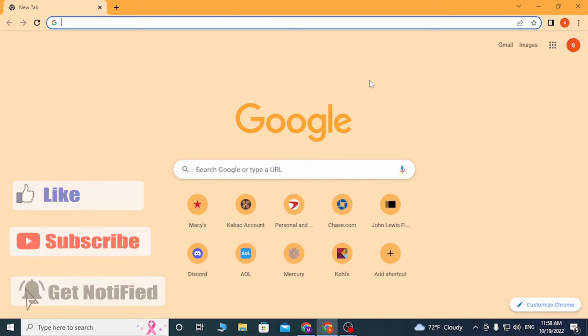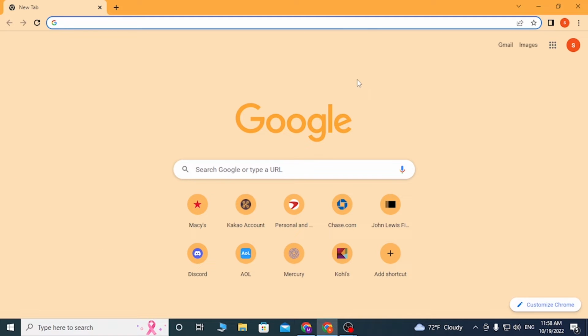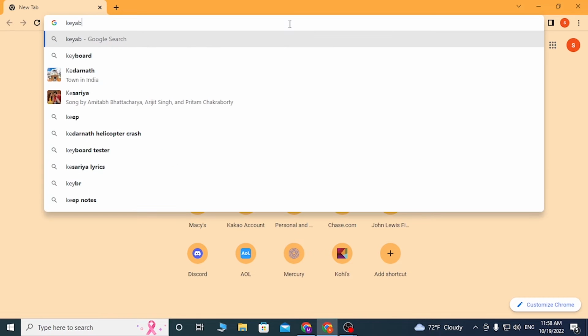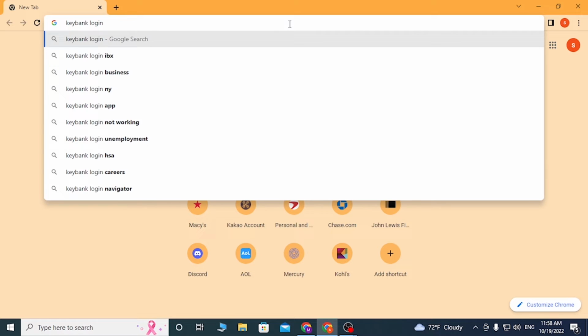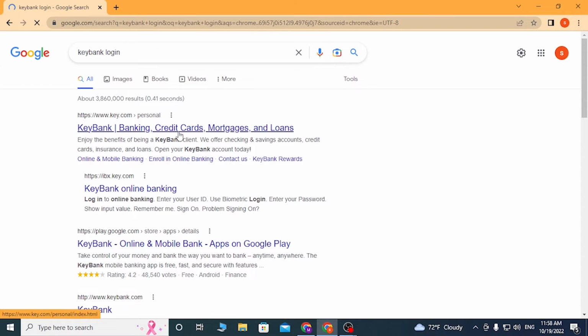Now to log into your KeyBank account online on your web browser, first open up your preferred web browser, as I have already opened Google Chrome, and in the search bar click over there and type in KeyBank login like this on Google itself and hit enter. And you can see ibx.key.com, which is the second one, this website over here where I'm hovering right now. Click over there,